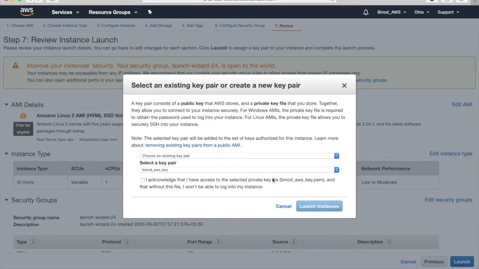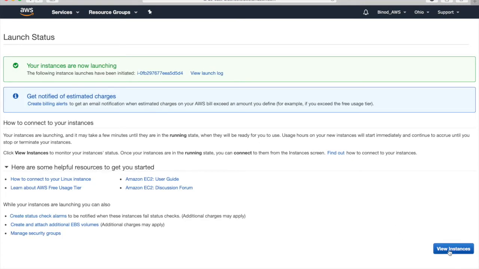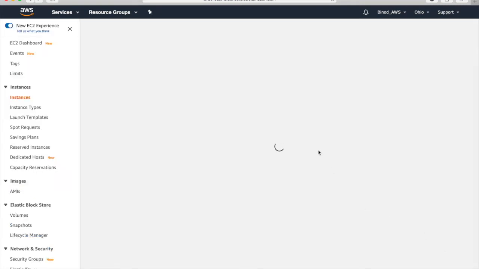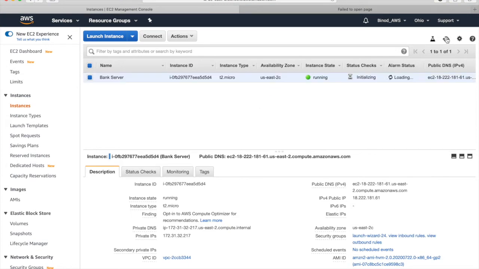That's it. Now copy the public IP address and see, it is initializing. Just wait for it. It is showing this is the bank server, right?